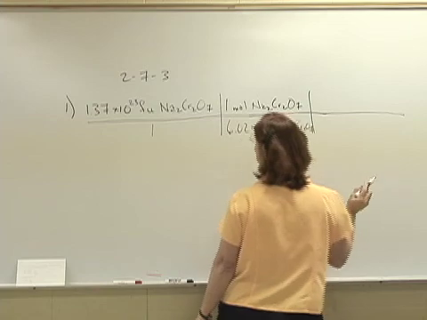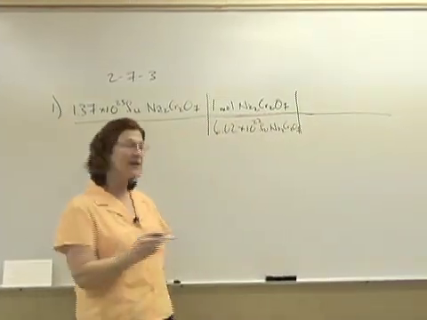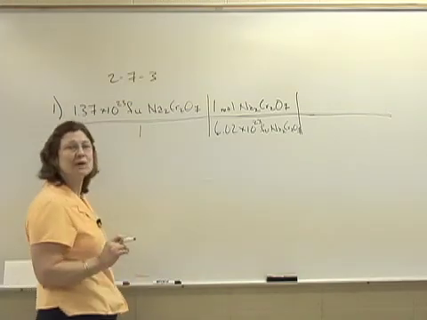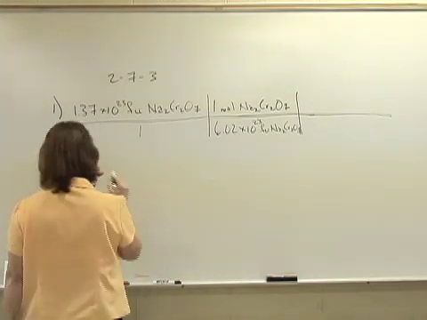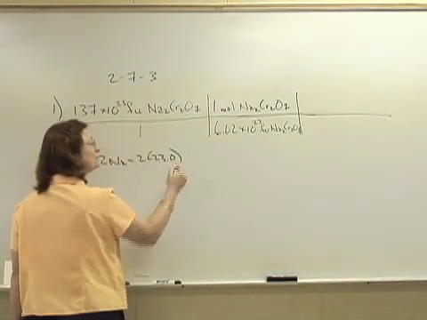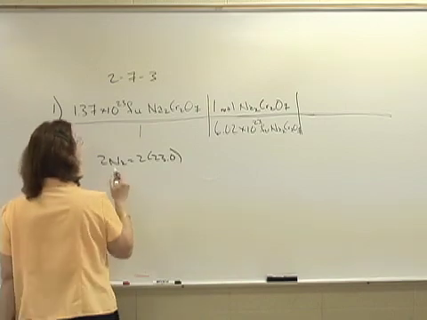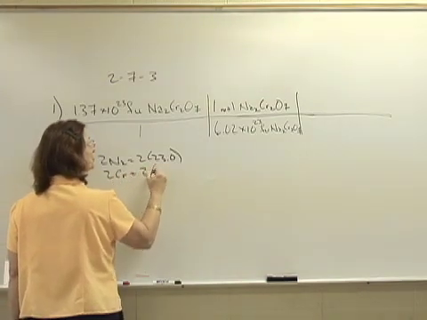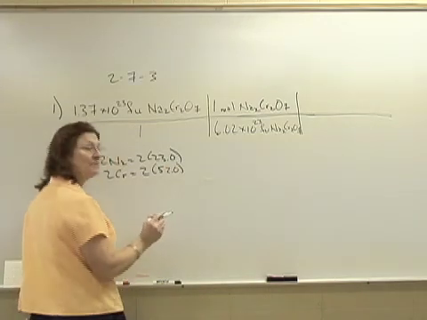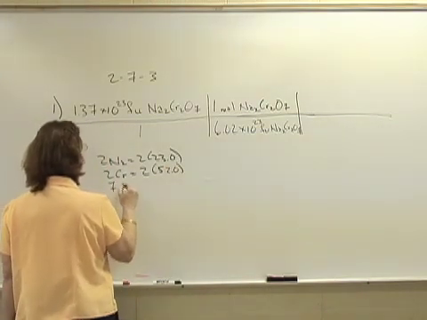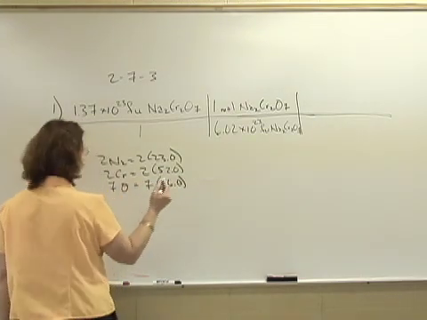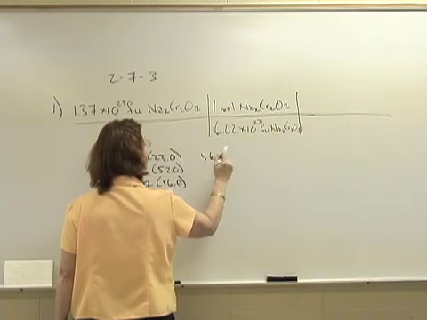And from there, I must go to mass. And obviously, it is very important to be able to write the formula correctly. There are 2 sodiums, and each sodium has a mass of 23 AMUs. And 2 chromiums is 2 times 52.0 AMUs, and 7 oxygens, which is 7 times 16.0. And then I multiply them out, and I get 46.0